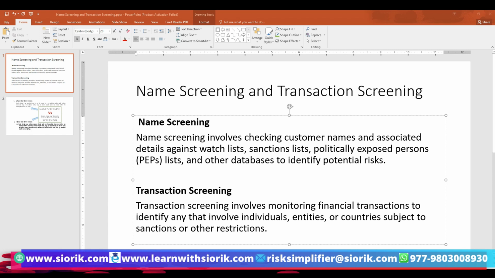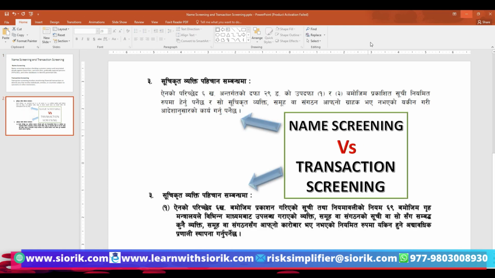For example, a remittance transaction can be flagged if the beneficiary involved is related to a sanctioned country. There are various systems that are available for transaction screening. One prominent example is SWIFT sanction screening. In Nepal, there has also been a recent change in provision regarding money laundering, where previously it was sufficient to perform name screening, but now regulators require that banks and financial institutions also perform transaction screening. So coming back to our example,